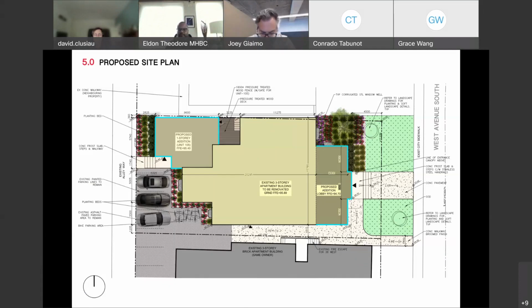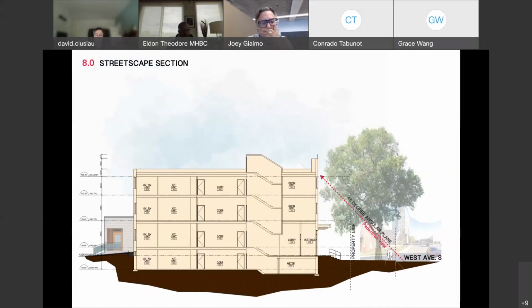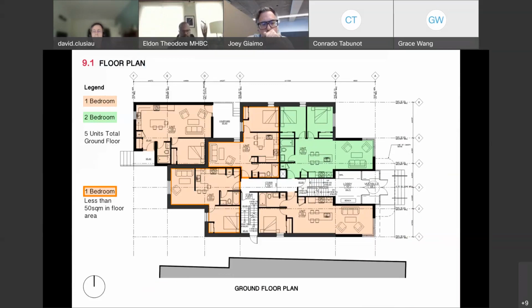There is a lobby space which is added to the ground floor. The current building has no lobby. Basically, you enter into a landing and then you go upstairs. Conrado, could you move to ground floor plan? So we now do have a lobby space with a vestibule and a seating area and a space for hangout and waiting.